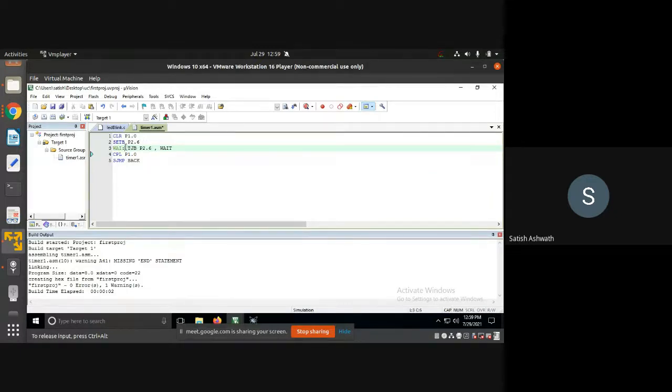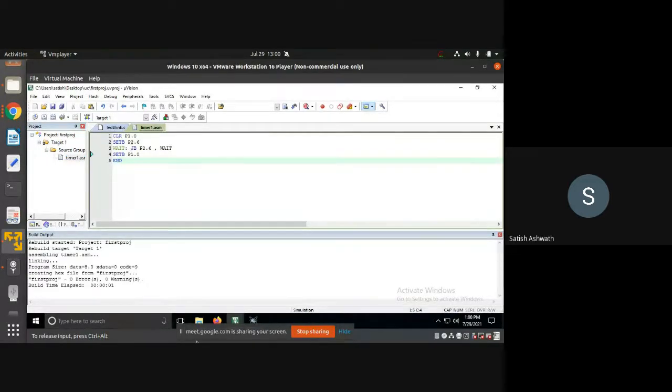All right. In case it reads a 0, then we'll come here and set the pin 1.0 to turn it on. And then after this, it will turn on. Ideally you would want to put a wait here, so that after the switch is on, you make it wait for some time and then again check the switch. But we'll not put that wait for now. I'll just end the program here. Okay, that's all we want to do. Turn on the LED when the switch is pressed. Very basic program.